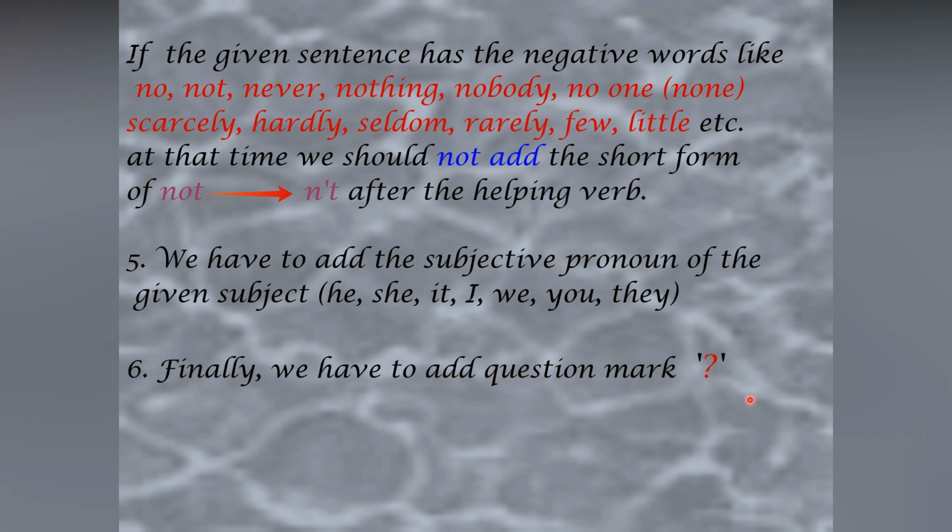First, this sentence is given: Sridevi is an actress, right? For that, what is the first rule? We have to rewrite the sentence. After that, we have to put a comma. Then the second rule: what is the helping verb? Is. Okay, I will go for green. Is is the helping verb, so you should write "is" here.